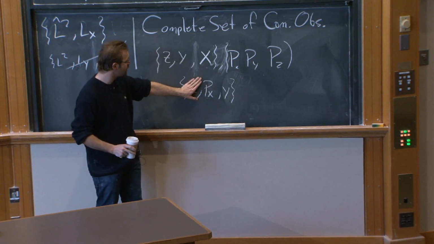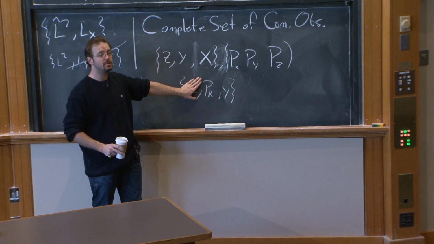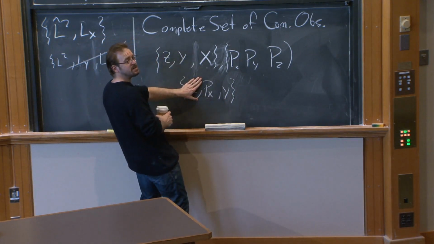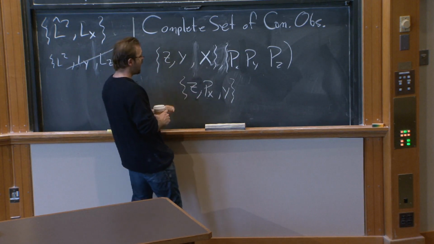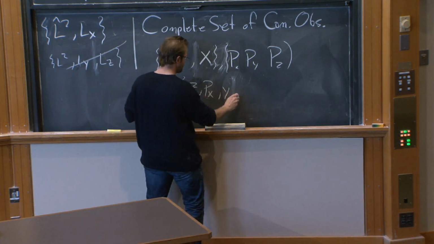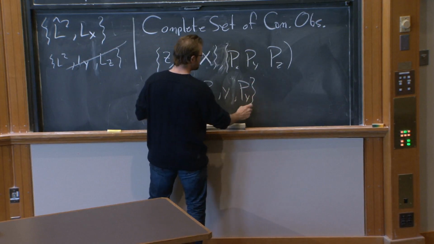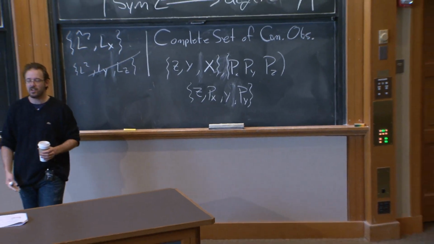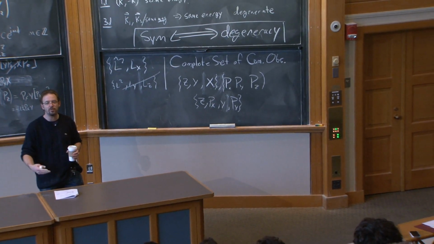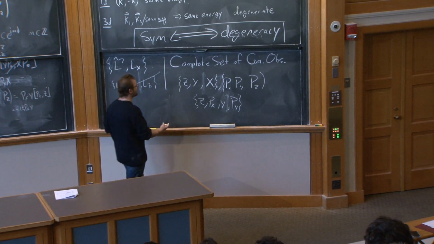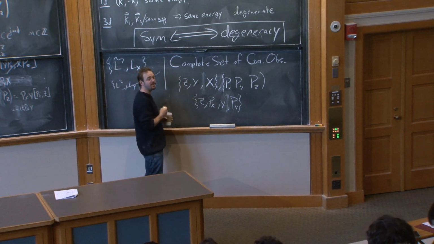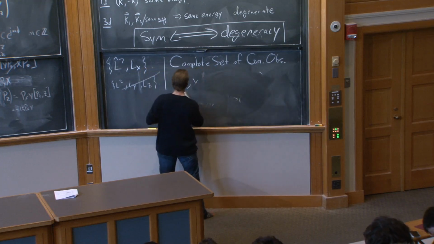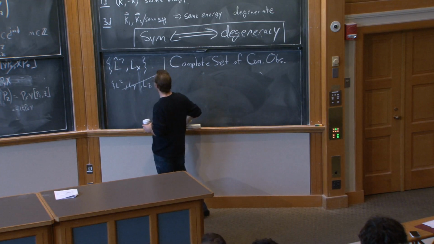If I'd only picked 2 of these, it would not have been complete. Because it would have told me, for example, e to the i kx, delta of y, but it doesn't tell me how the wave function depends on z. And if I added another operator, for example, py, this is no longer commuting. These 2 operators don't commute. So a complete set of commuting observables can be thought of as the most operators you can write down that all commute with each other, and the minimum number whose eigenvalues completely specify the state of the system. Cool? Okay. So with all that said, what is a complete set of commuting observables for the angular momentum system?